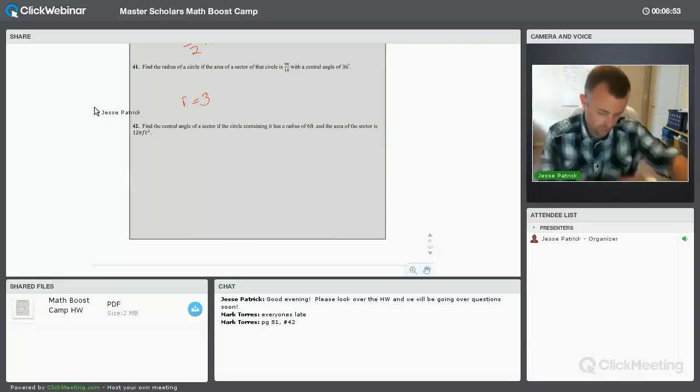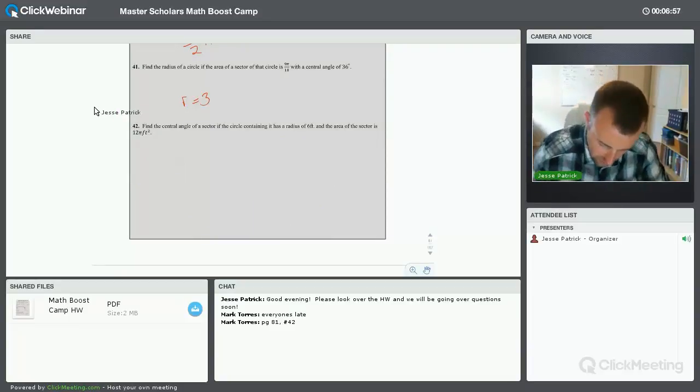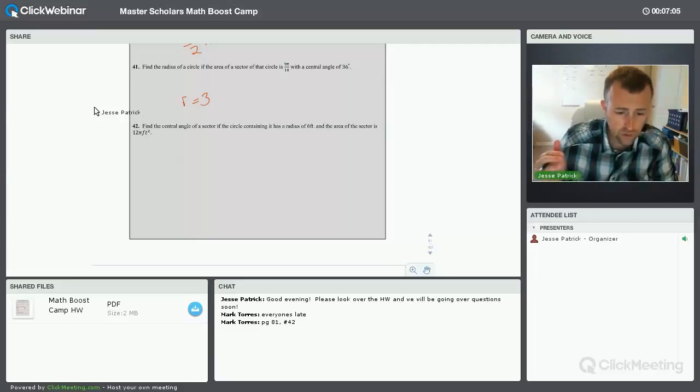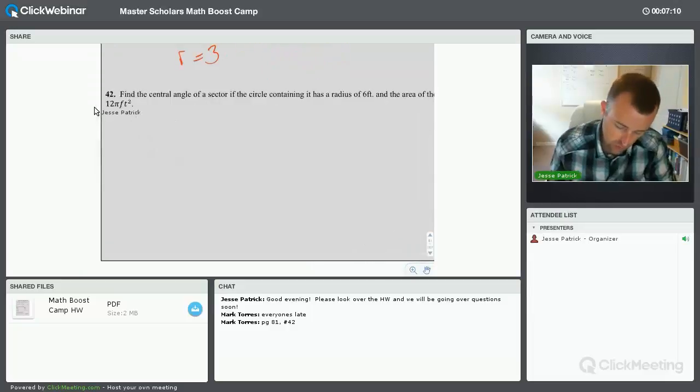Okay, so 42, find the central angle of a sector, if the circle containing it has a radius of 6 feet, and the area of the sector is 12 pi. So we're talking about area. So when you're talking about area, make sure you remember the formula. Now this one,